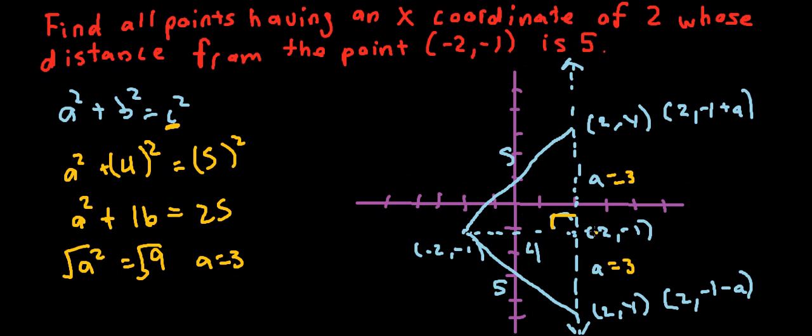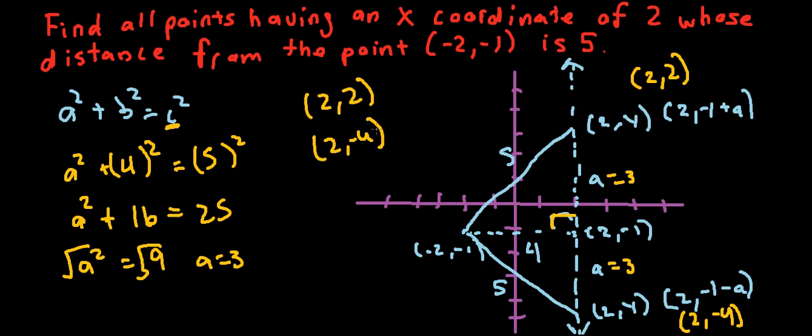So again, it's a simple matter of going to this point, which we do know its location, 2, -1, and for this point we're going to add 3. So -1 plus this side, 3, is going to leave us with 2, 2. So -1 plus 3 is just positive 2. And for here, this downside, we're going to be subtracting because we're heading downwards. So that's going to leave us with 2, -4. So we have -1, we go down by 3, we have -4. And those are our 2 points: 2, 2,